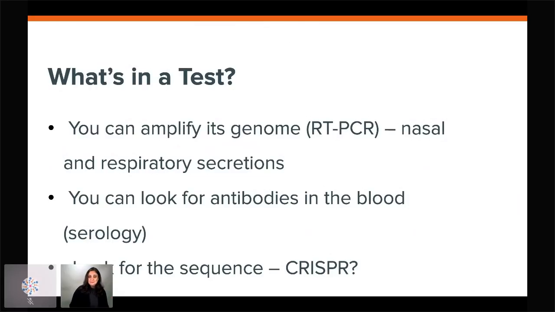And this is by far the most common way for us to detect whether or not someone has coronavirus. Another thing you can do, and this can be done after the fact, is you can look for the antibodies that a person may have made to the coronavirus. So you can take a blood sample and look for antibodies. And we do this sometimes, for instance, to figure out if somebody's already had chickenpox. They do this for me every 5 years at the hospital to see if I'm immune to hepatitis B, if I'm still immune to chickenpox. And I've gotten vaccines for hepatitis, and I was exposed to chickenpox when I was a child. And this is the way that they can confirm that I still have active immunity.